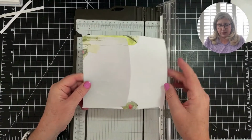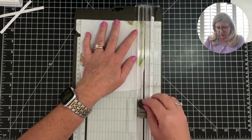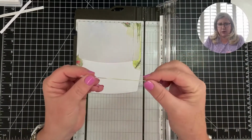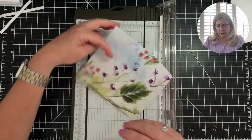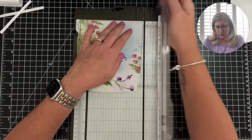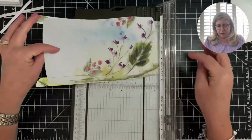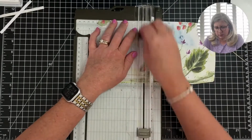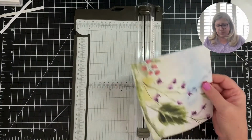And so the way that I do that is I first start by trimming off the edges. So just a hair on the edge opens it up nicely like that. So I do that on both sides. And now I have it open. Then I'm going to cut it on the fold. Save this piece because we'll use this for the back. And then